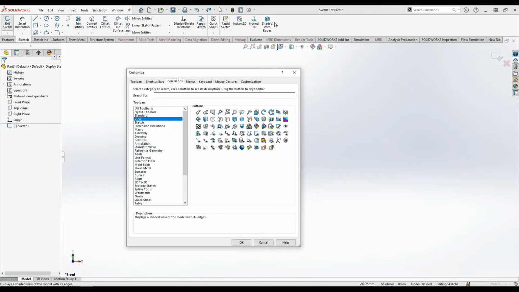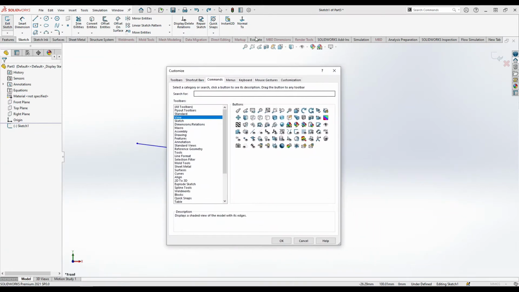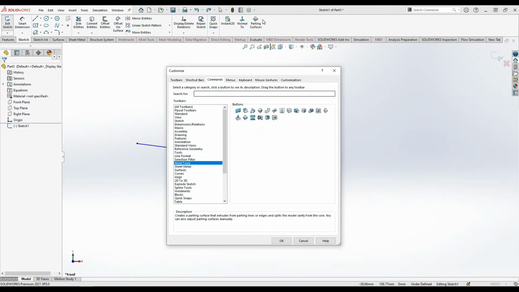If you want to delete this one, just drag it down. Once you click on the graphics interface, it will disappear. It is also fine to just keep it here. Either way, you can delete it or make it disappear from here. And if you want to add, you can add like this. Not only this, anything you want to add from here.